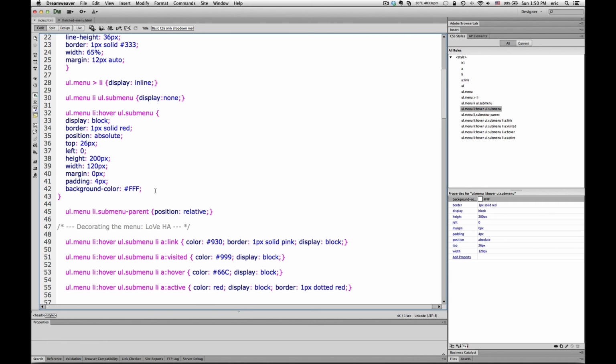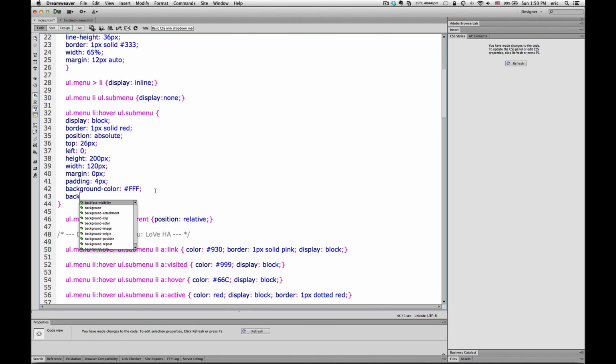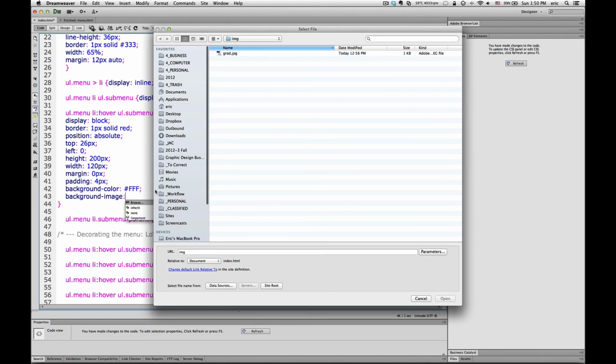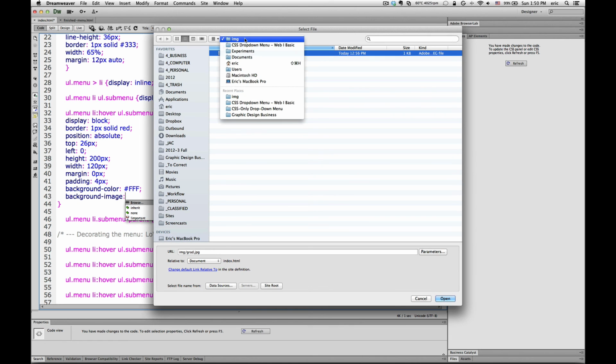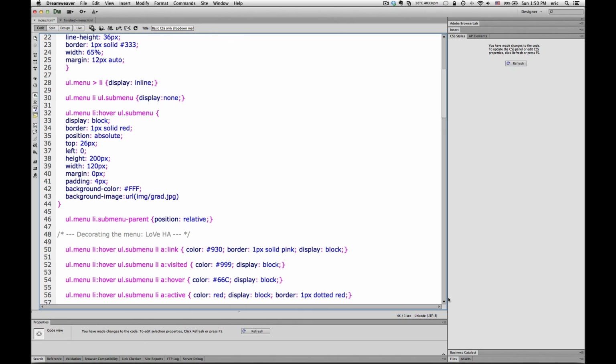But I would be able to actually go in and add a background picture to that. So for example, if I just start typing background here and I come down to the menu item for background image, in Dreamweaver I can go get a gradient that I built in Photoshop, saved as a JPEG. It's relatively small, and I put that in the image folder inside my root. If I select that, I now have not only just code and color being assigned to my submenu, I actually have an image. And this is where a lot of people start to have a lot of graphic design fun